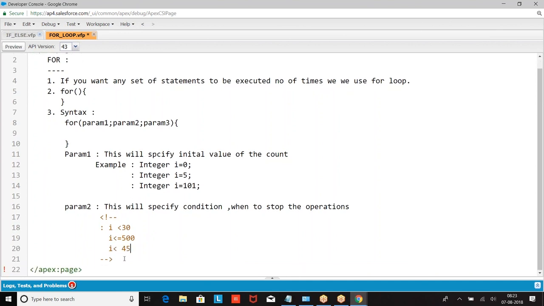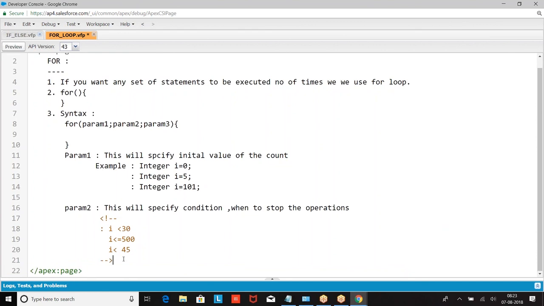That is a termination condition. Now he said you're counting 1, 2, 3, so incrementing by what? 1. I'm saying 1, 6, 11, 16: now I'm incrementing the count by 5. Now somebody says 10, 20, 30, 40, so their count is incremented by 10. So how are you incrementing? The param 3, what is it called? Increment.